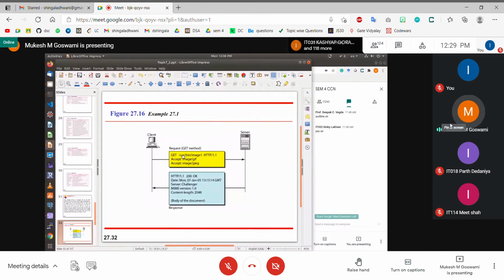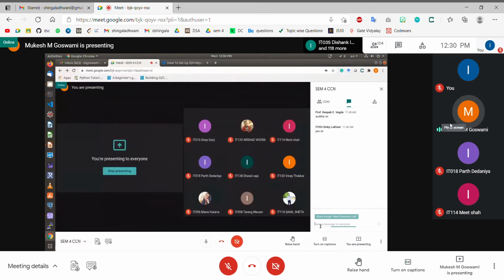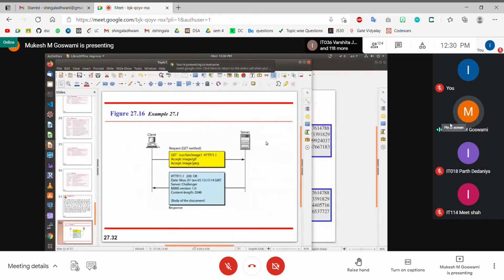Normally you are not able to access /user/bin because it is under root. Normally you are able to access only some folders. We only make certain folders public. So a web server is able to serve content only from certain folders. These folders are sometimes called the www root folder. The server is only able to access the www root folder, and it is not able to access any other folder. But just for the sake of example, right now we are saying that we are able to access all the folders, let's say. So you are requesting a file called image1.